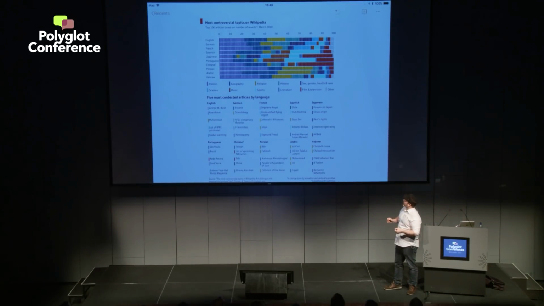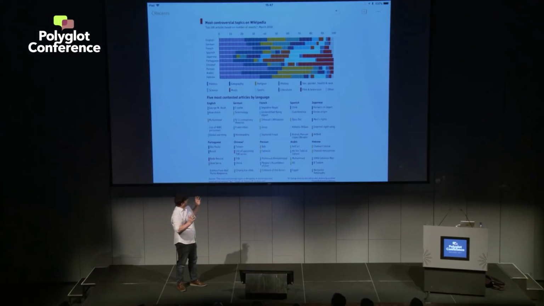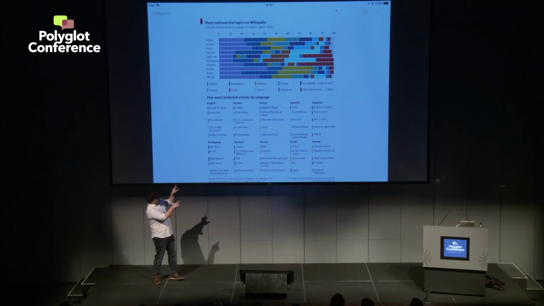So here's another interesting one I found. The most controversial topics on Wikipedia per language. In this one, all they had to do was look at the number of reverts. Like people would keep trying to change an article and it would have to keep going back to a previous version. So how many times were things getting edited, adding a bit of controversy because people disagreed so much on those edits. And this could tell you a lot about a language and it could tell you a lot about a culture. And you can see how it's split into yellow is religion. You could see in China, for instance, they don't really care that much. Barely any edits for that. But then we have thicker ones for Arabic and Hebrew.